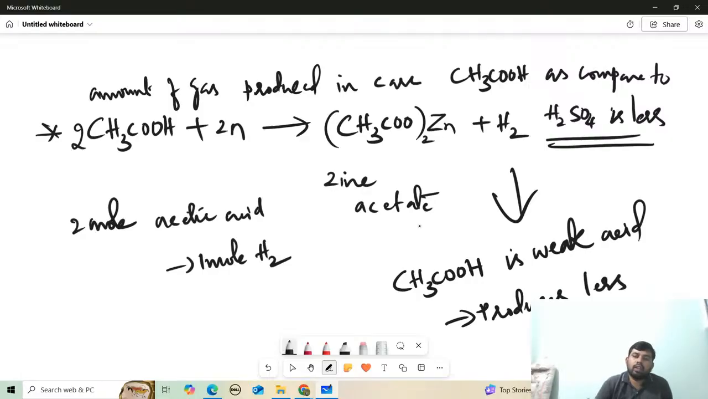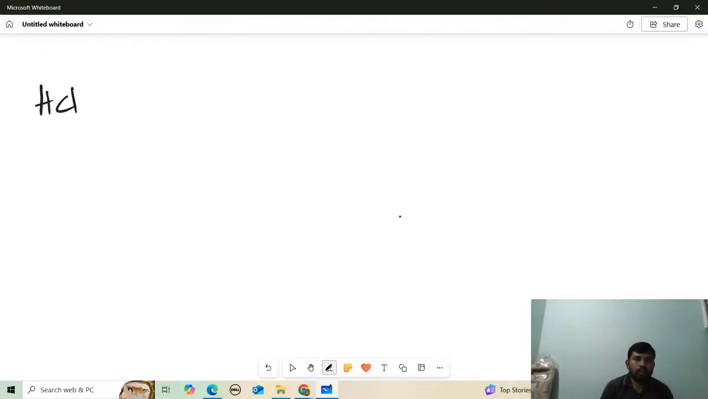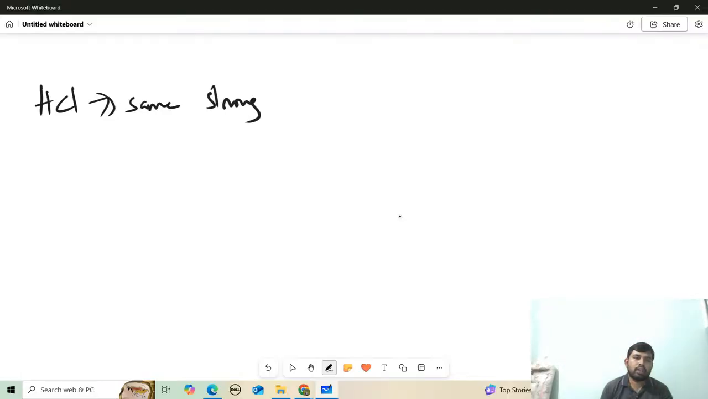Less H plus ions. Okay, that's why they given this one. That's why, to trap you people, they given here three things. In case of HCl, same amount, because it's a strong acid. But you should remember, 2 moles of HCl will produce